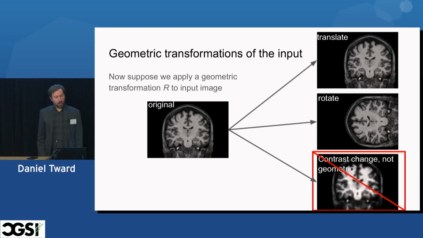Now, when we're working with medical imaging data, we often have a problem of pose. So what orientation was the person in when they went into the MRI scanner and got a brain scan? And what's important is the properties of your brain, the disease we might try to diagnose, are generally independent